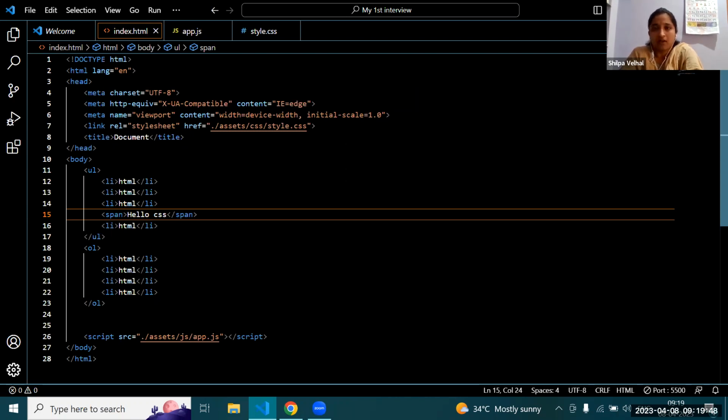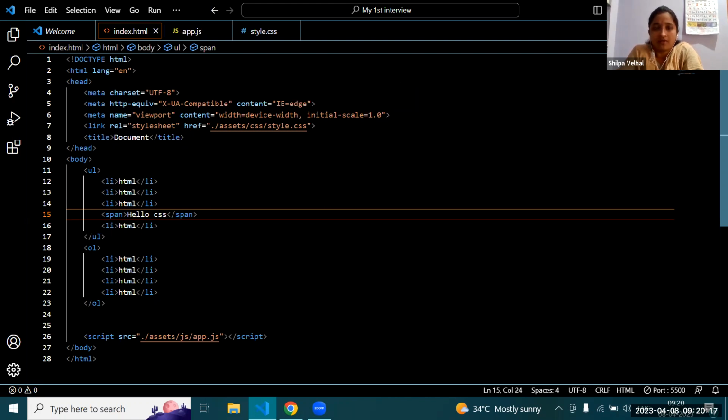Static position is the default position; it works from the normal position. Relative position takes reference of the parent, and it starts from top left, the normal position. Absolute position takes reference of the relative position.